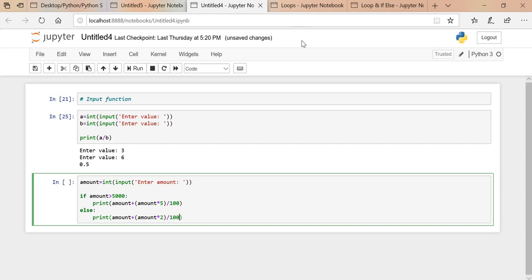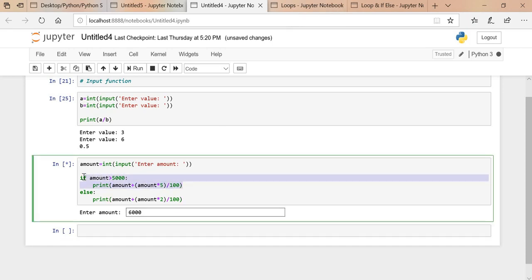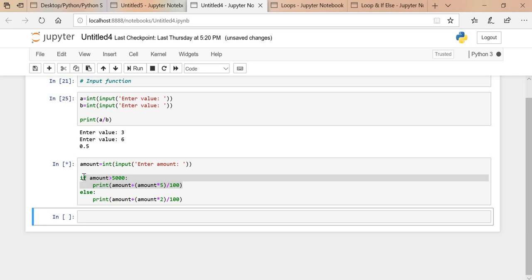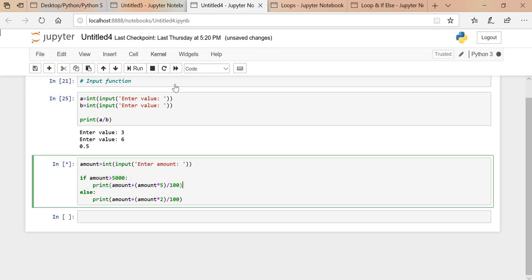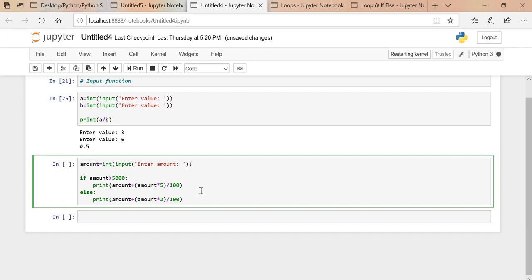Okay, so we'll check how it will work. Let's say amount is 6,000, meaning greater than 5,000. This first condition should be true. It is processing now. Execute one more time.